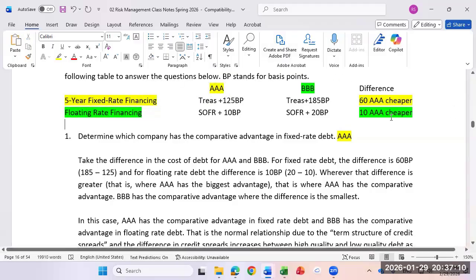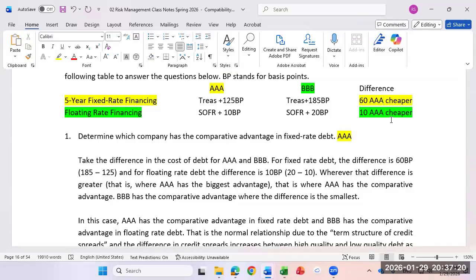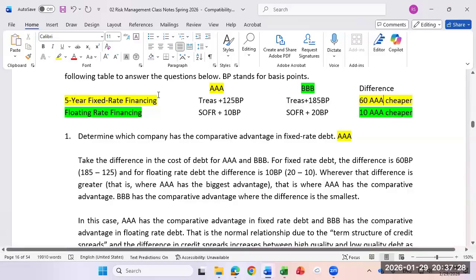Why do you need this difference? Because it's going to determine which side of the swap they're going to go on. Where does AAA have the biggest advantage? Fixed rate or floating? Fixed. That's the side of the swap they're going to want to be on. So what this means is